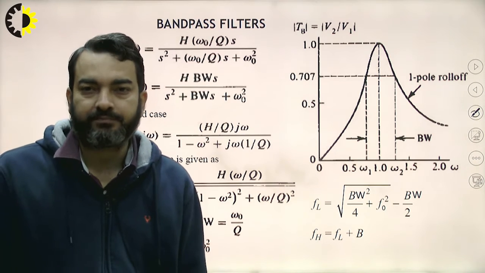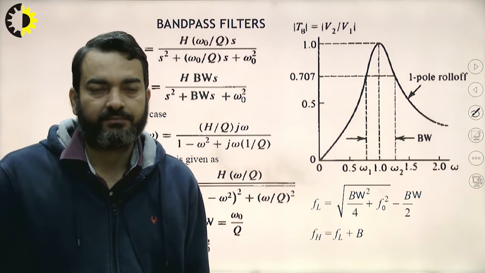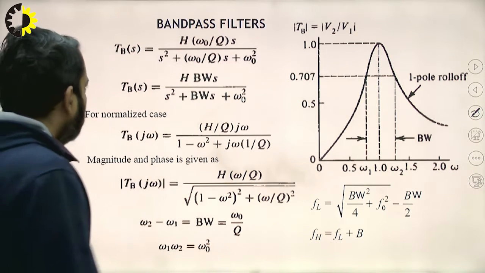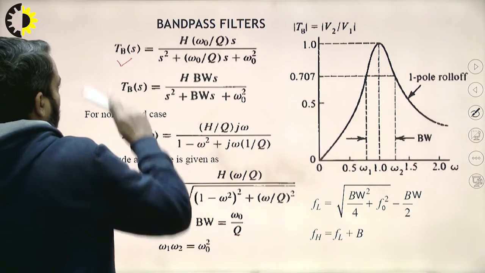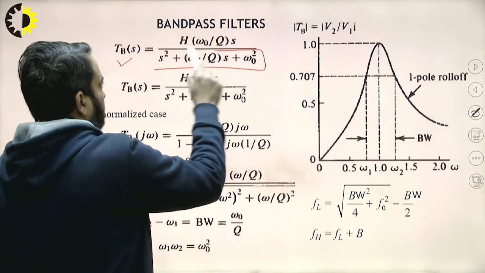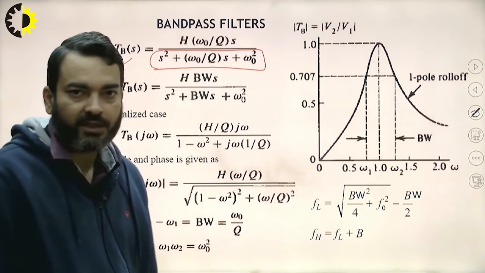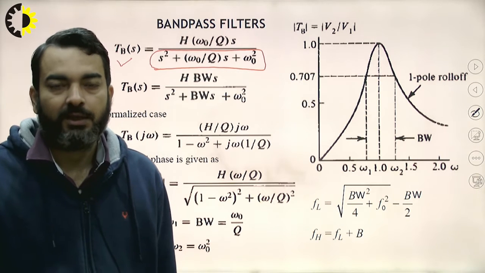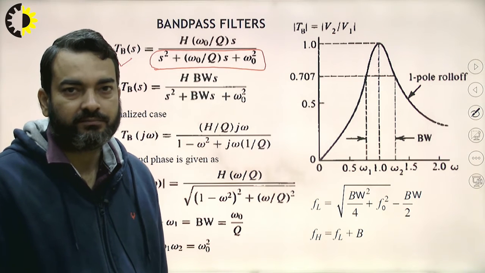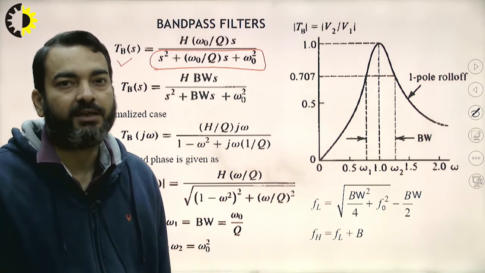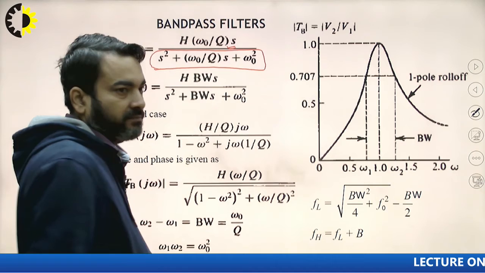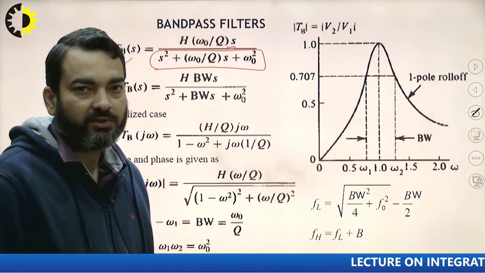Now we will see band pass filter. In case of band pass filter, this is the standard equation of band pass filter. The denominator function will remain the same for all the 5 variants of second order, that is low pass, high pass, band reject and all pass. Only the numerator will change. Zeros will decide the filter type. So here we have single S. So this is a band pass response.